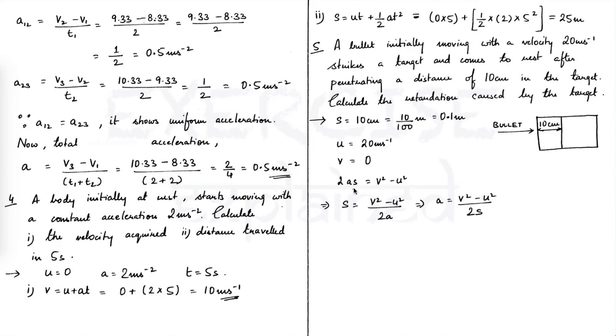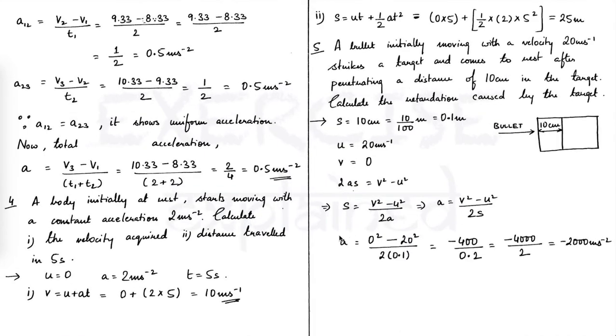So I use 2as is equal to v square minus u square. So a will be equal to v square minus u square divided by 2s. I would be using this formula since I need to find acceleration. So acceleration will be v square, which is 0 square, minus u square, which is 20 square, divided by 2s, which is 2 into 0.1. So that happens to be minus 400 divided by